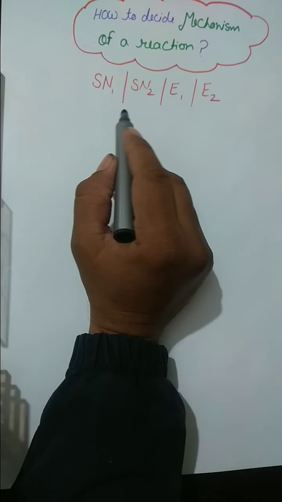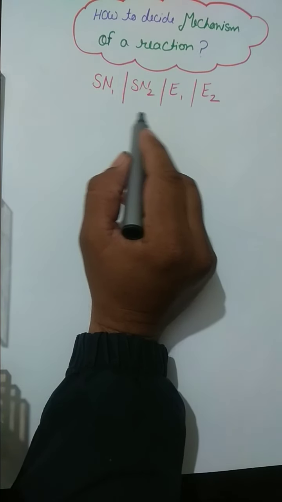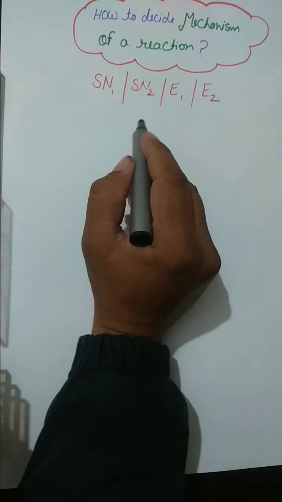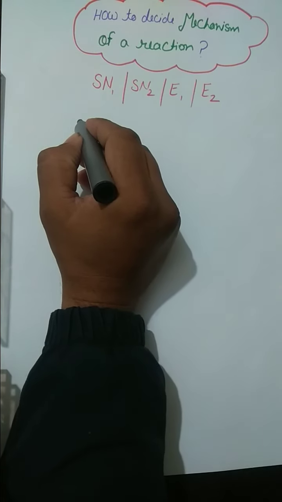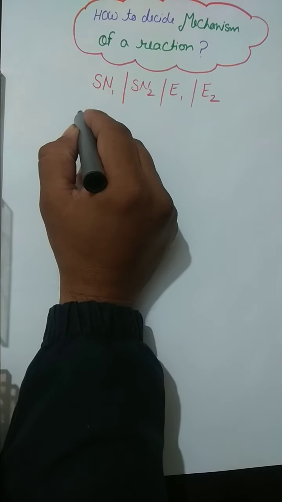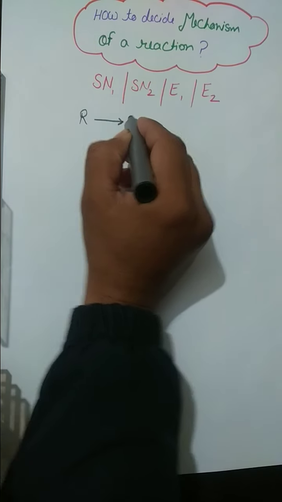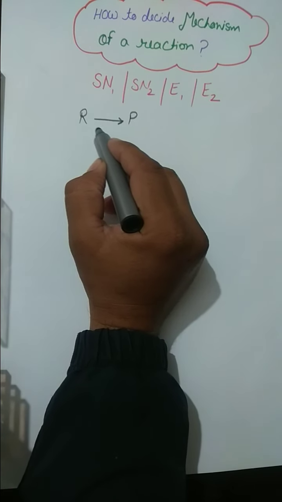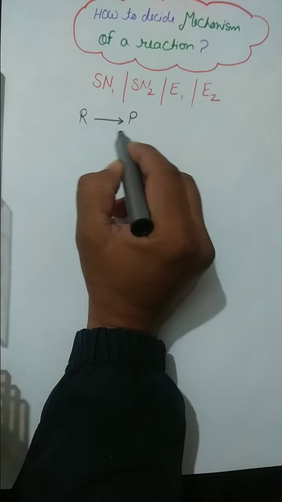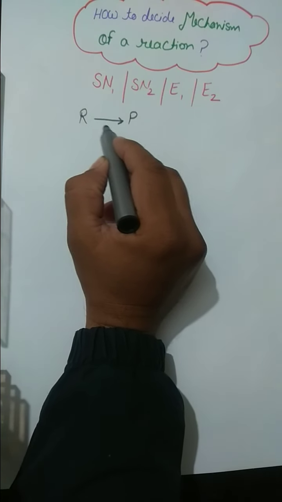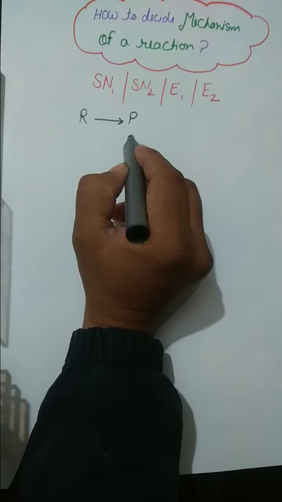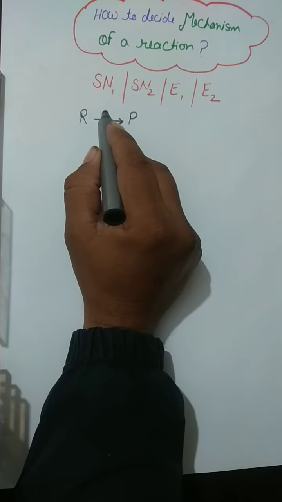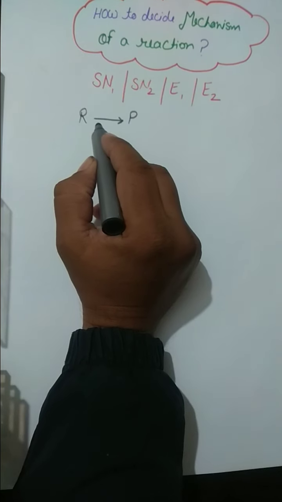we all know that substitution reaction mechanism and elimination reaction mechanism always compete with each other. So we can say when a reactant gets converted into product, then this reactant gets converted into product through a particular mechanism. If the mechanism is different, there may be a different product. So we have to focus on which mechanism is followed by this reactant.